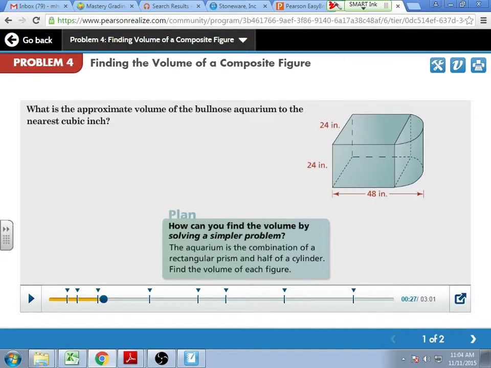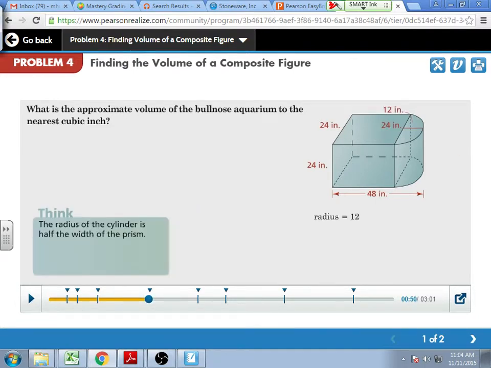So yes, on your notes, it tells us the radius is 12 based on the diameter being 24. You have to use a base that uses both shapes. So my base is now this combined structure. Take your base and break it up. If this is 12 inches, then the amount of inches I have left right here has to be 36. So now I've got 36 by 24 for that rectangular portion of the base. So I'm going to say big B sub 1 and then big B sub 2 to find the combined big B. So when I do the 24 by the 36, what area do I get?